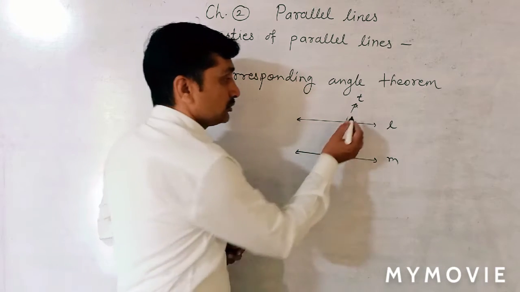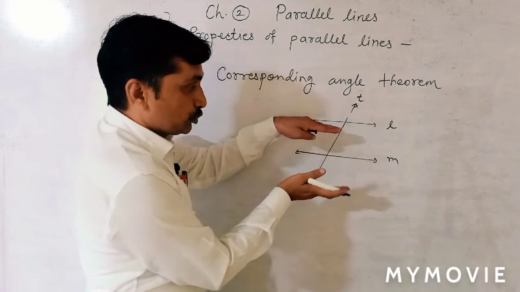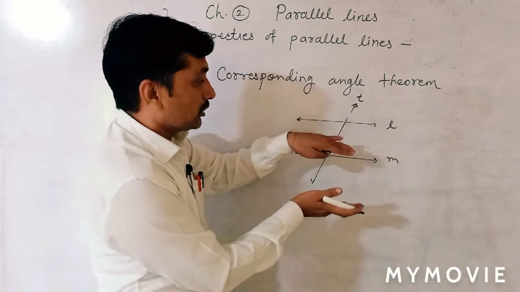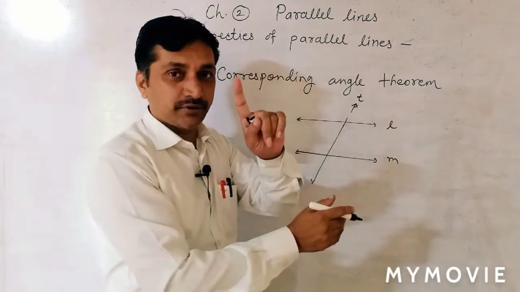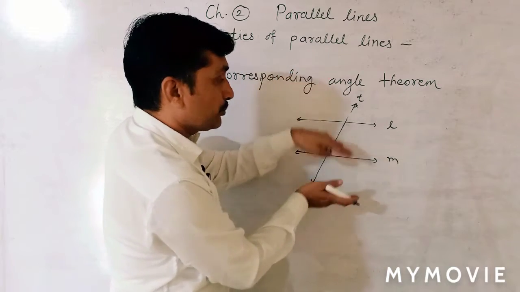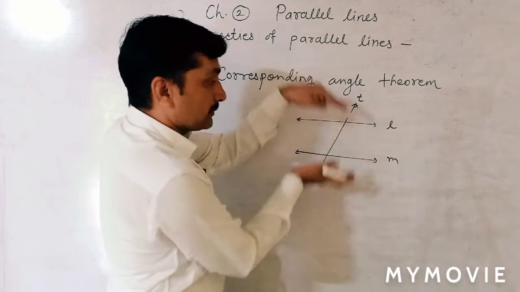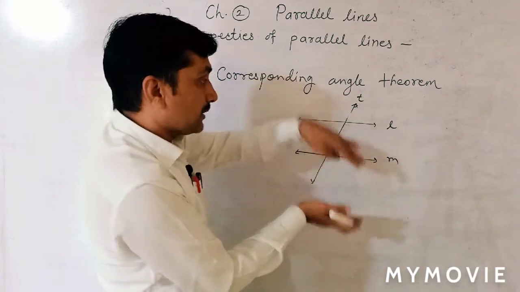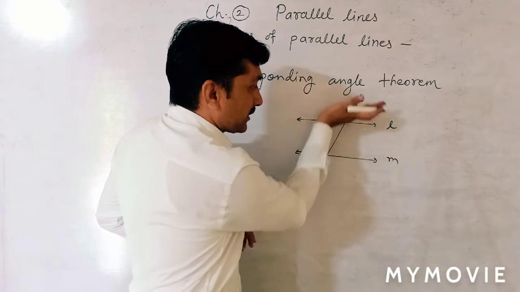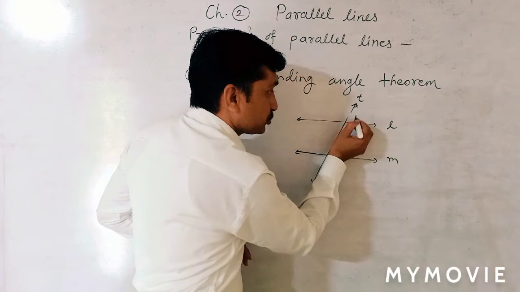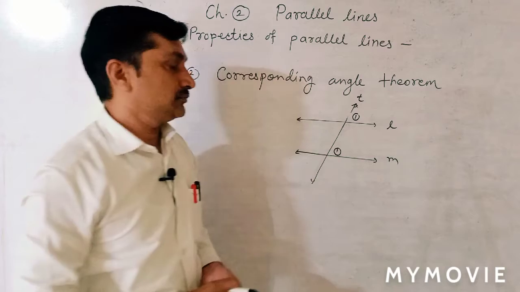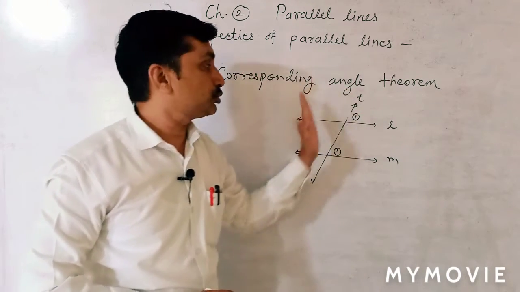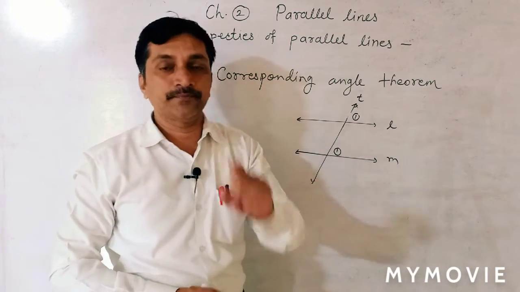Now which are these? Here you see both pairs. Pair-wise I will explain. Above the parallel line, there are angles 1, 2, 3, 4, above the parallel but on the same side. First take the right side. Above the parallel and to the right is angle 1, and here also angle 1. Both are above the parallel and to the right of the transversal. This is the first pair.